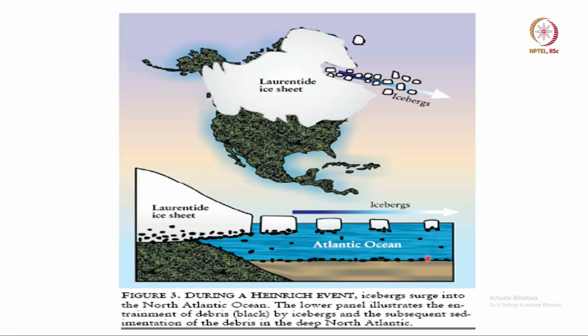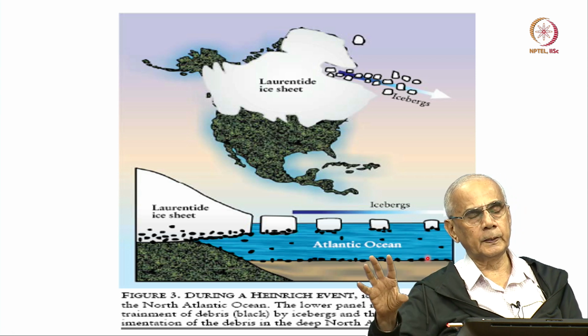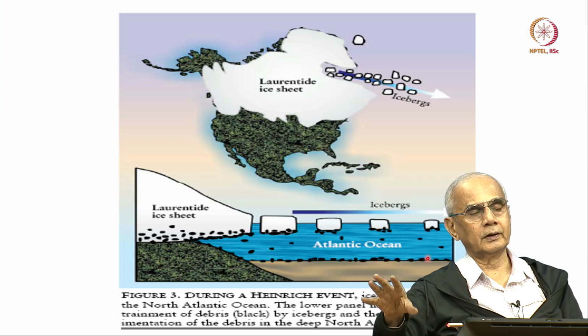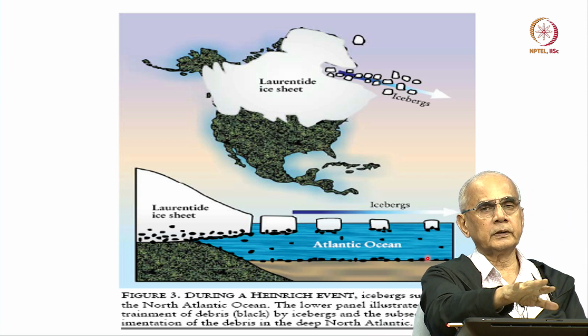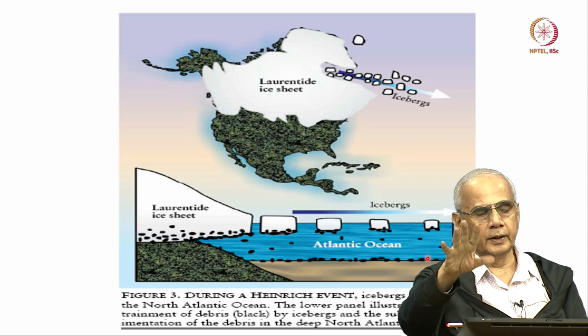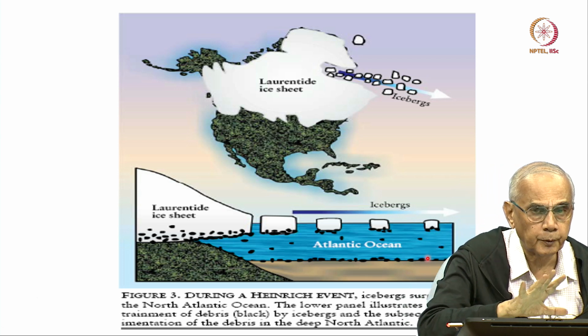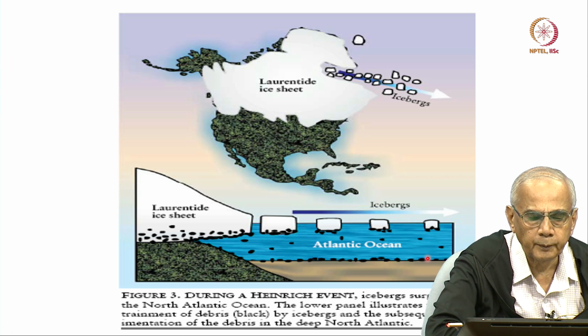So, ocean cores are a very important proxy indicator for the occurrence of ice rafted debris. Whenever ice rafted debris is seen, you know that during that period the Laurentide ice sheet was melting and depositing icebergs which contain these rocks and debris. Okay. So, this is a very important data which is obtained from the Atlantic Ocean deep ocean cores.